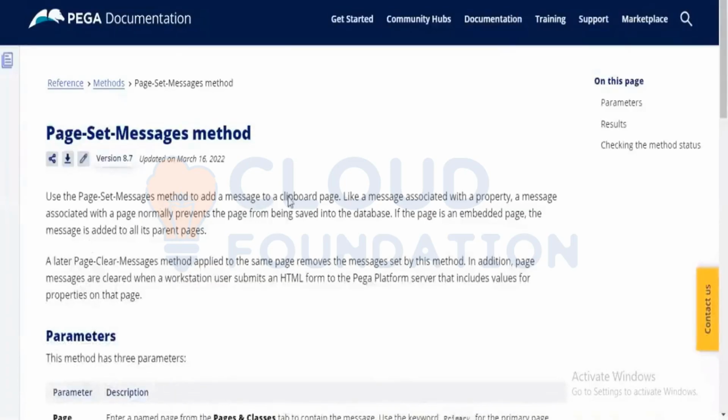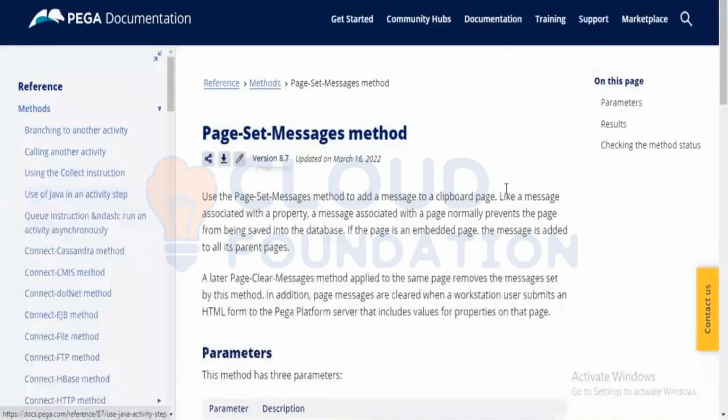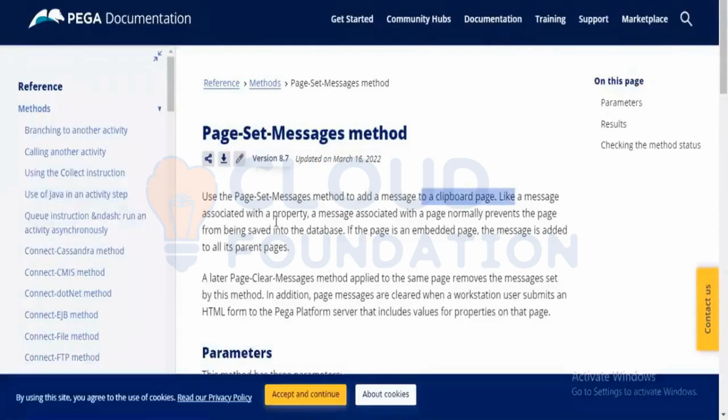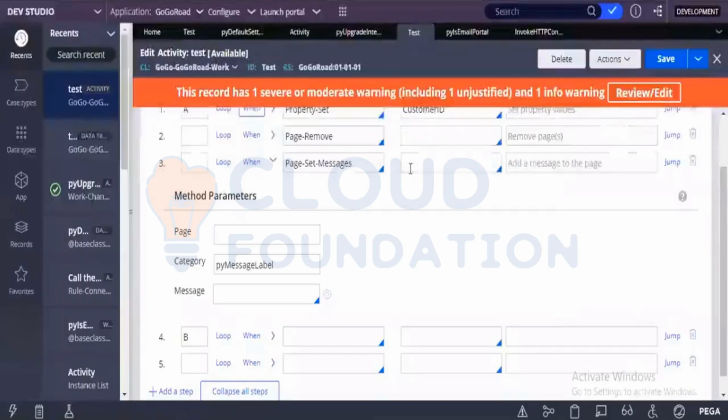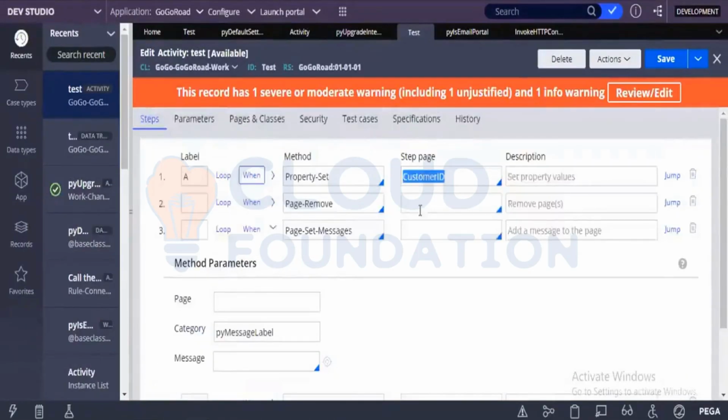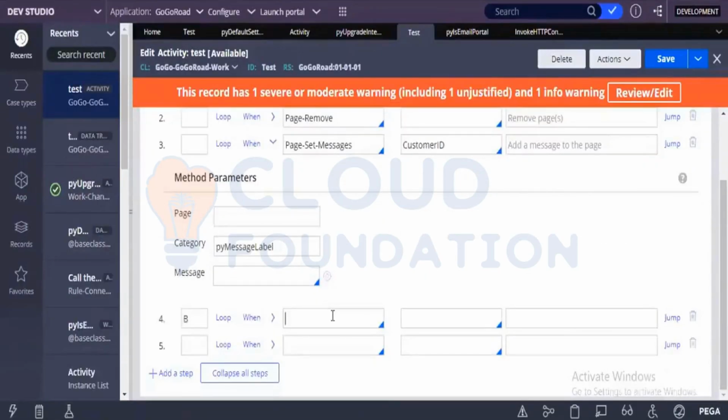See, it says: use a page set message to add a message to a clipboard page, like a message associated with the property. A message property normally prevents a page from being saved. If there are any messages on any page, suppose you have an error message on the customer ID page, then that page will not get saved into the database. If you set one message on the customer ID page and, after that, try to save this page into the database,